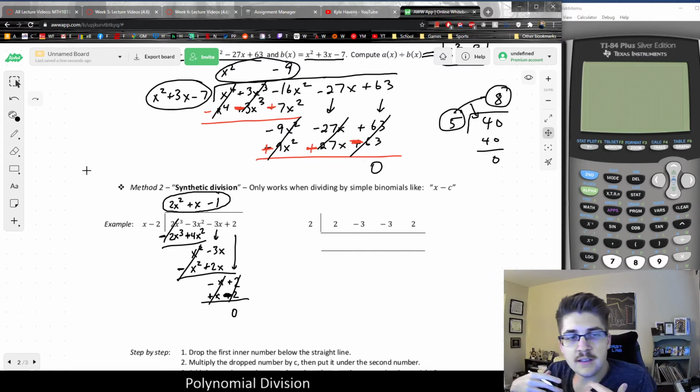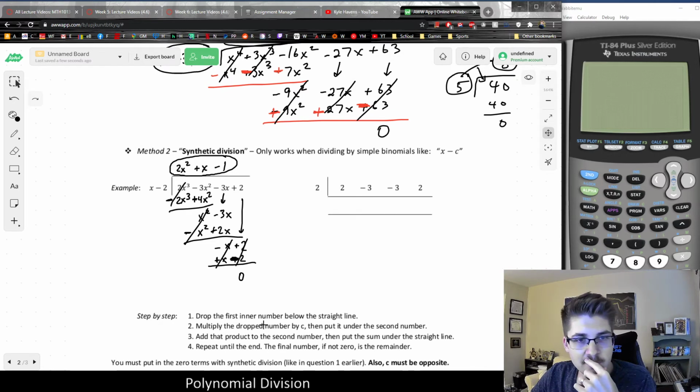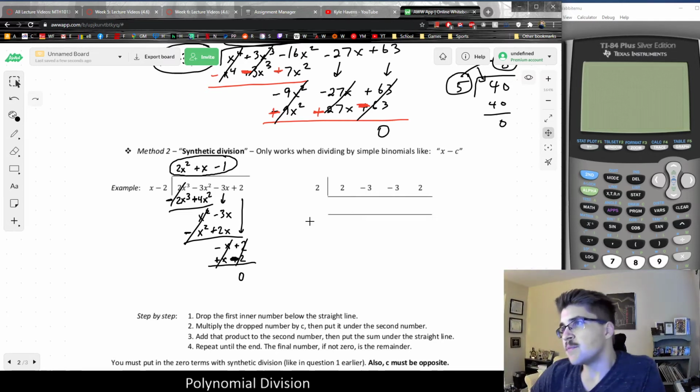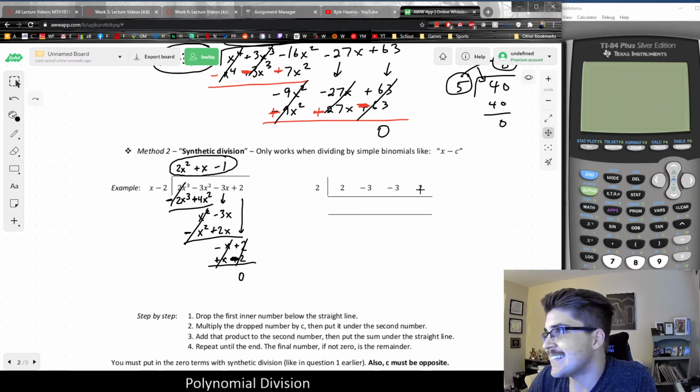So, what's the difference? How does synthetic division work? Basically, there's a step-by-step guide down here, which isn't perfect because I wrote it a few years ago, and I need to update how it is said. But as I said before, you're going to put all the coefficients of your dividend on the inside, and then the opposite sign of the constant term of your divisor